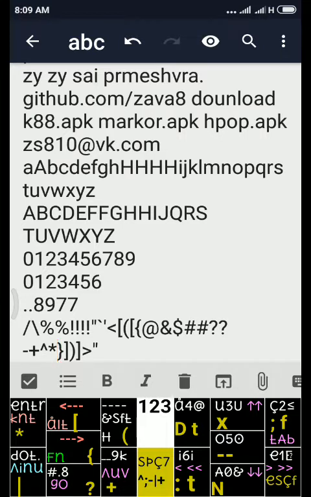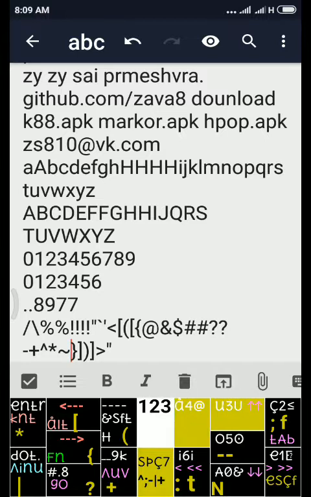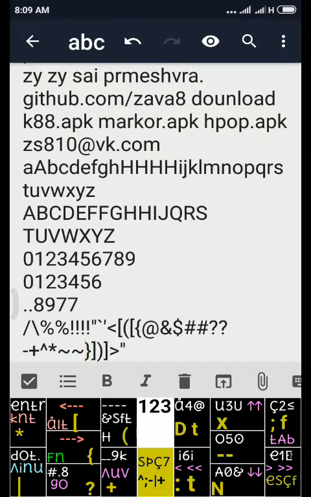So tilde: any of the four keys we press in the upper row will become tilde. So tilde, caret, everything is there. Any symbol that was pending, like all the brackets. In total there are 32 symbols, so we will check.